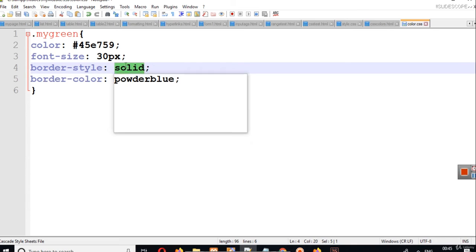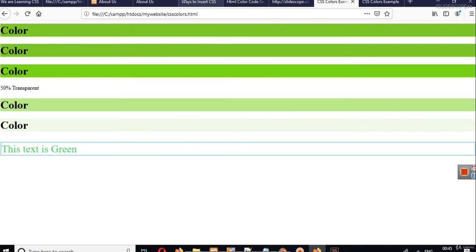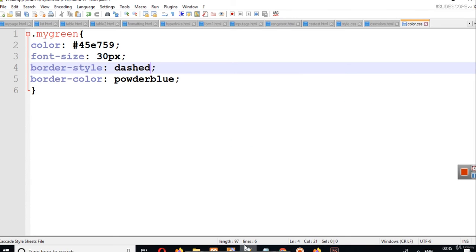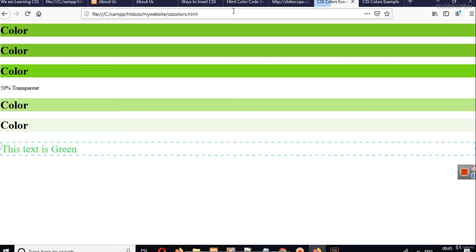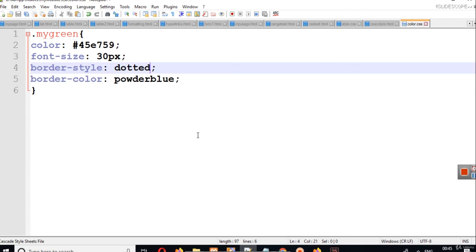Border style can be dashed. In this example I am also covering border styles so that you can understand what types of borders can be there. You can see that the border style is dashed. Suppose you want to create borders that are dashed, you can use this. Border style can be dotted also. So let's see an example of dotted. You can see the border is not dotted, we have simple dots here. I will write it here.